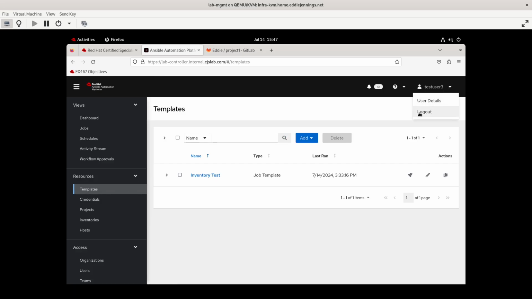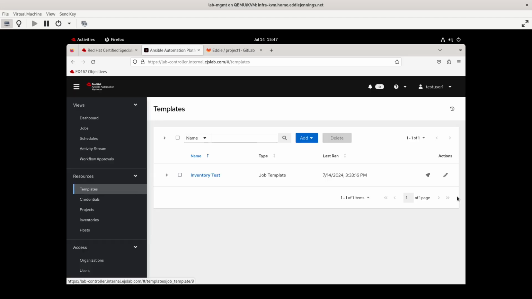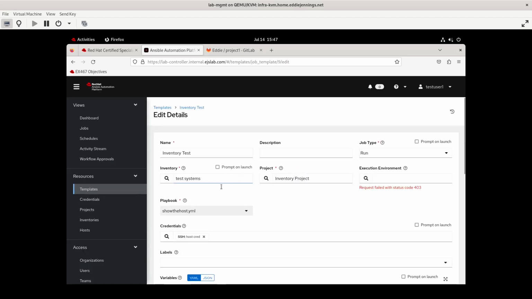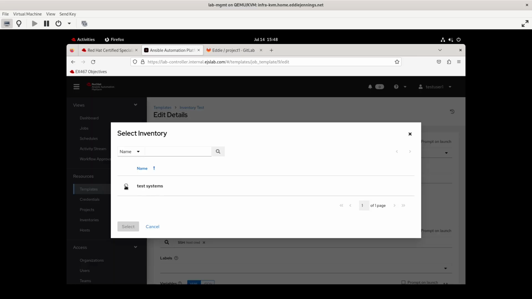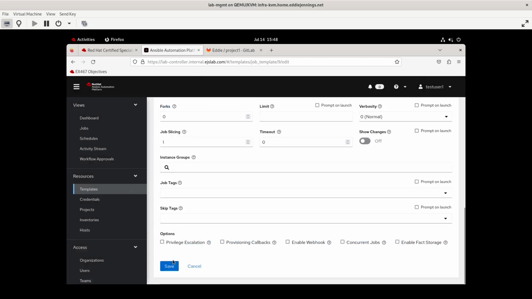So, curious. All right, let's go back to the original test user 1, and let's see if I'm right about inventory stuff. Because remember, we granted test user 1 access to one of the inventories and did not grant explicit access to the others. All right, so we're going to edit the job template for templates test. And for inventory, notice we only have test systems available. We do not have any of the other inventories because we have not explicitly given them the rights to use the inventory. So we'll obviously choose test systems, we'll save,